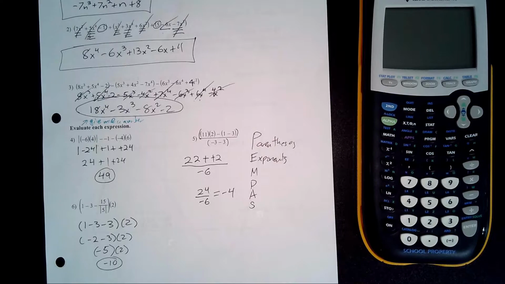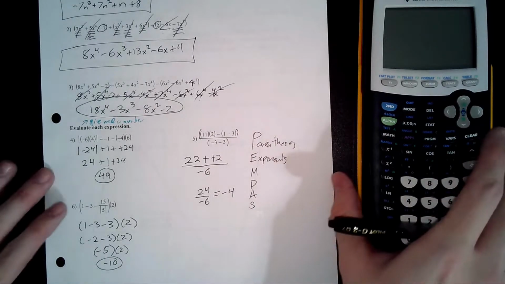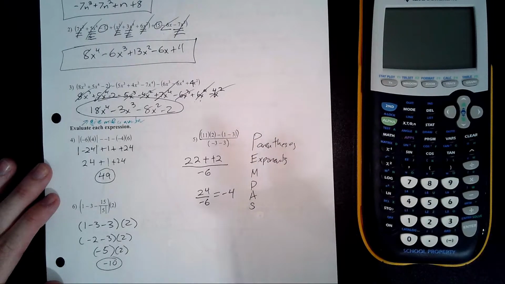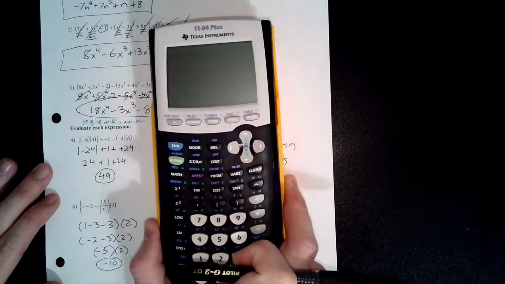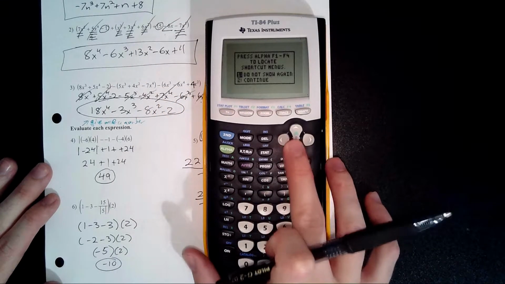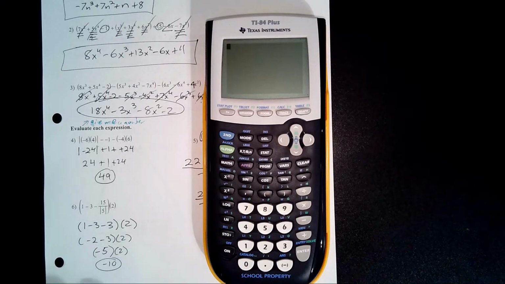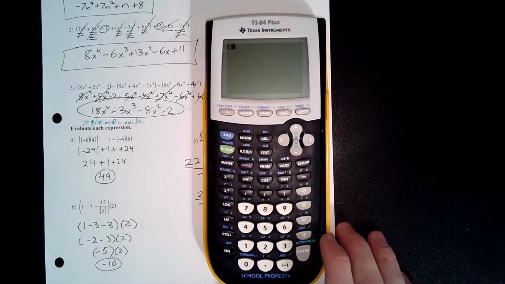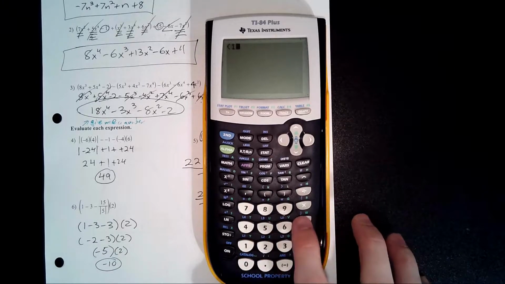All of these questions could be plugged directly into the calculator if you'd like to check your work. That's what I'm going to do just to show you guys. I'm going to do only one of them, number 6 right here. So to do number 6 on the calculator exactly as it is, I don't care about this alpha thing. We're going to start with that parentheses exactly like it shows up. 1 minus 3